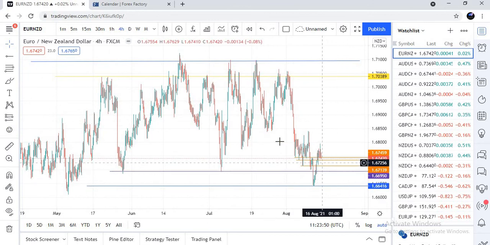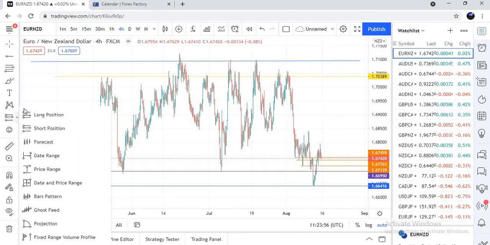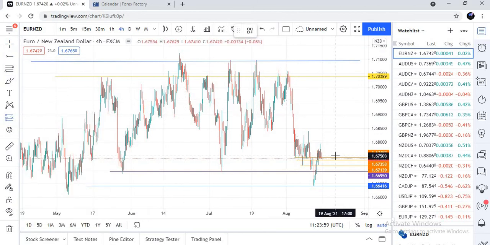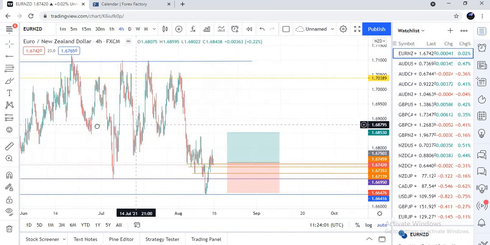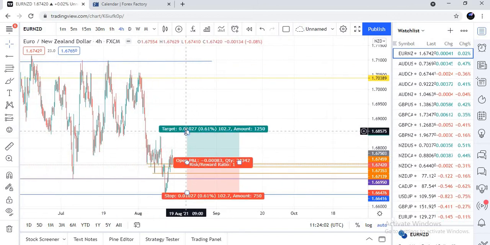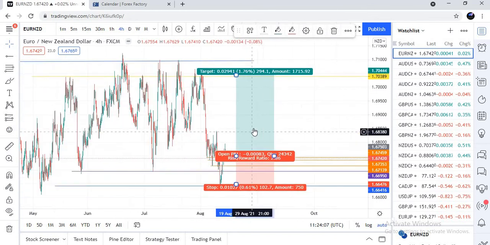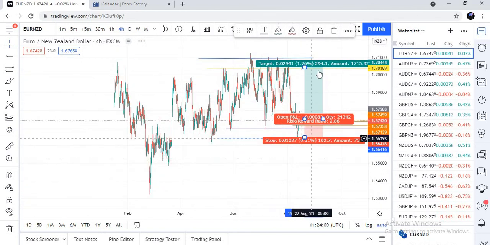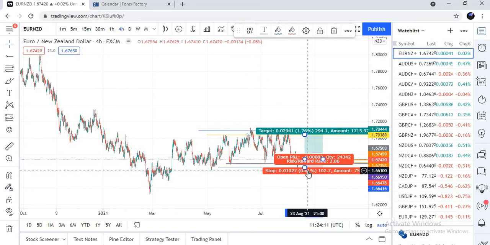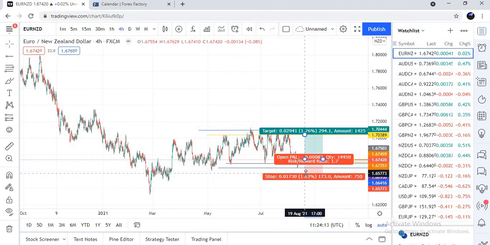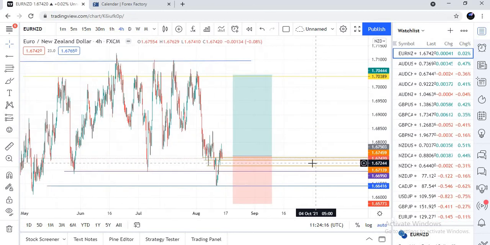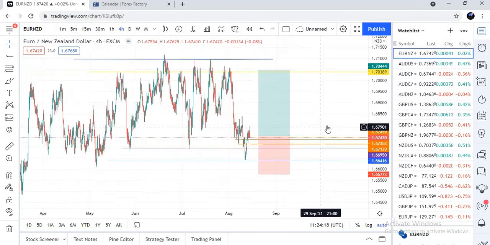Normally, people that hold trades for months will just buy around this region and wait for the price to move to this level. As you can see, this is about 100 pips. If you drag it down to this level, this is about 300 pips. So they'll just wait for the price to buy and move to this level, and they'll set their stop loss to about 120 pips. This is a 1 to 2 risk to reward ratio.